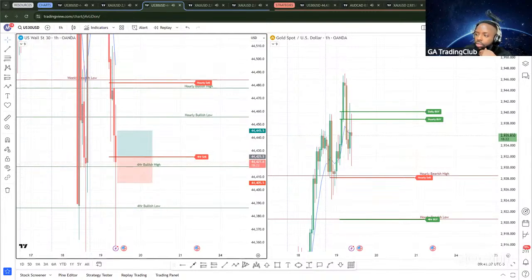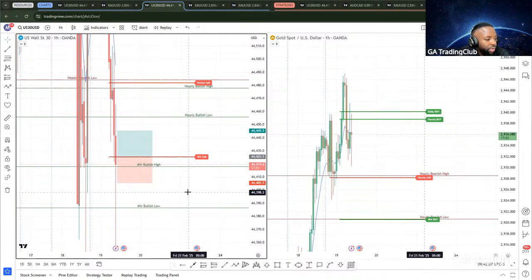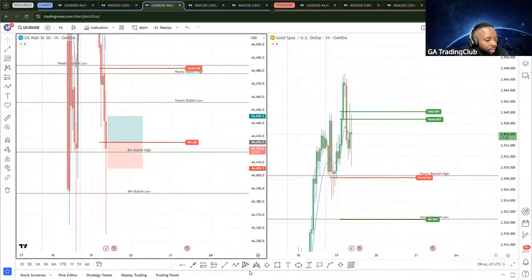Set a pending buy. 5 points for this would be 423.54. So we'll try out a pending buy order here